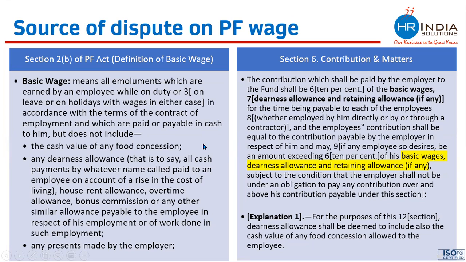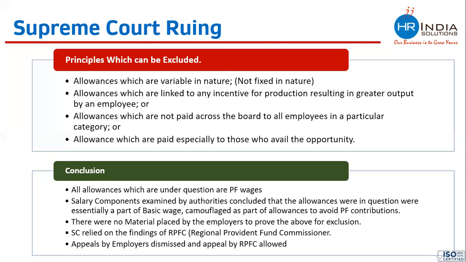So now the confusion has cleared after this Supreme Court judgment, and basic salary is not the salary on which PF should go. PF should go on the entire basic wages, which is inclusive of all allowances. But the employer has all right to limit their contribution on the 15,000 capping. Okay, there is a justification which Dheeraj has mentioned.